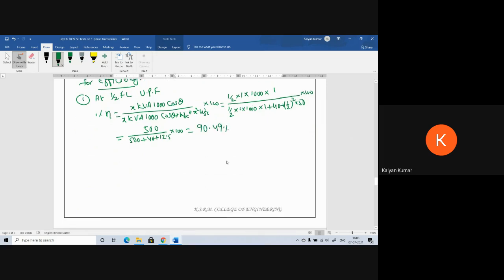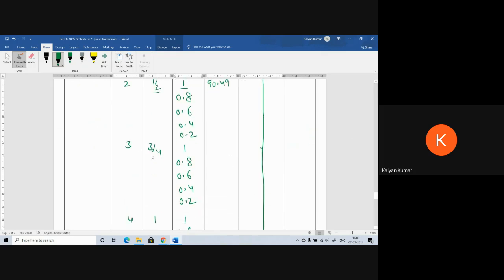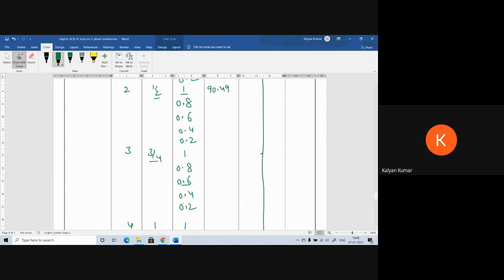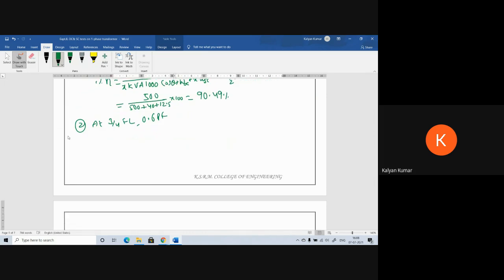90.49% as the efficiency. So corresponding to this, we have calculated 90.49%. Let's take another calculation, at 3/4 full load, 0.6 power factor. So the percentage efficiency will be